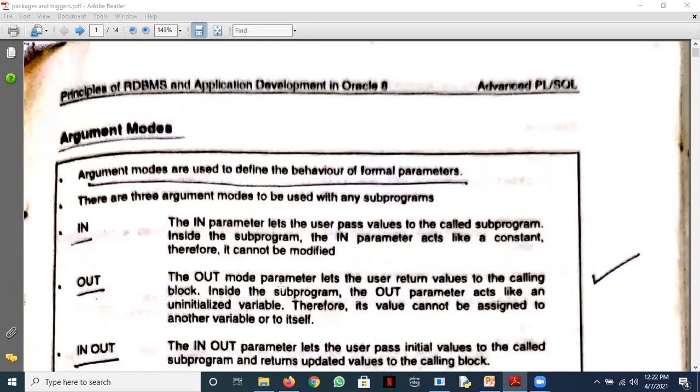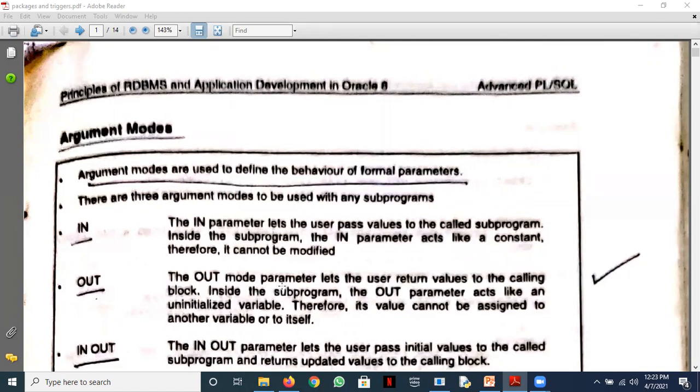The out parameter lets you return values to the calling block. With the help of this, you can return multiple values from your function or procedure. Usually a function returns only one value. In PL/SQL, a function returns only one value per call. In C++ also, functions return one value per call.